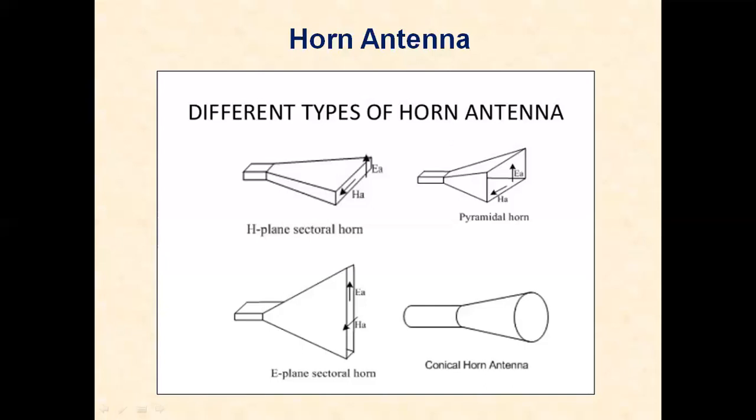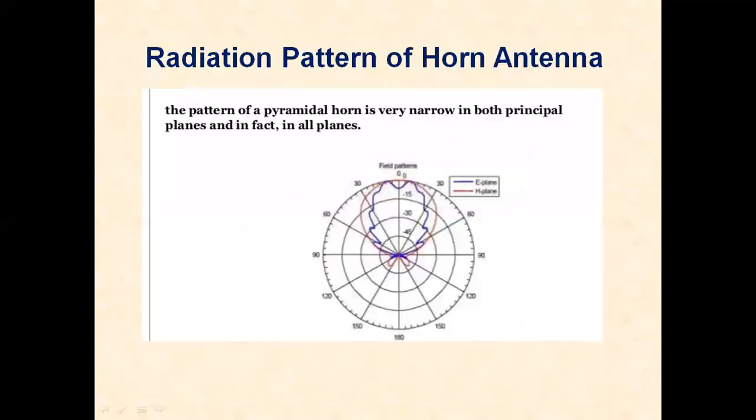The main important advantages of the horn antenna are good directivity, adequate bandwidth, simple mechanical construction, and it is convenient to employ with waveguides. So various applications of horn antennas are, it can be used as a primary radiator or a primary feed for a parabolic reflector. For satellite tracking purposes, we can use horn antenna. It can be used in communication transmitters and receivers.